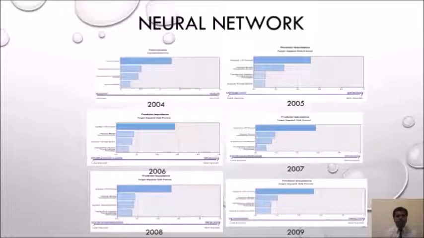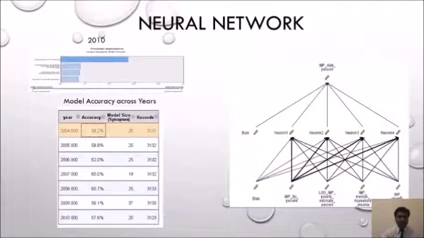Coming to the results of the neural networks, we've given a predictor importance graph for all the variables, and from the year 2004 till the year 2009, we see that there's a clear winner. LTPI percent is the winner by a very large margin, as we can see in the graph. What this tells us is that the most important variable in this model for prediction of diabetes percentage is the LTPI percentage. What we can also infer from this is that LTPI percentage is very closely related to the diabetes percentage.